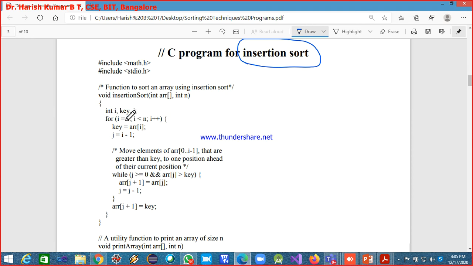We are starting i from 1, so we are not starting i from 0. Now what I do is assign array of 1, the element stored at index 1, as the key. And j I am initializing with i minus 1. So key is the element stored at index value 1, and j is holding the index value 0, because i is 1 and 1 minus 1 is 0. So j is equal to 0, and key,